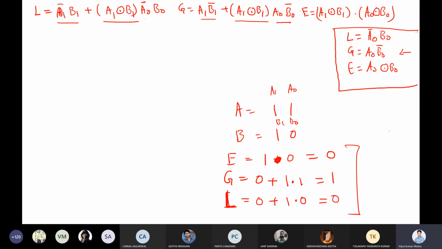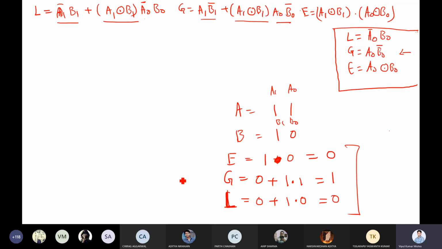Any doubt till this point? Anyone? No, sir. Cool. Now, why am I expressing this in this way? Can we make a 4-bit magnitude comparator in the same way? Yes, now it can be made for any number of bits, the pattern has been found. Exactly, that is the pattern we were looking for. So let's make it for 4 bits.